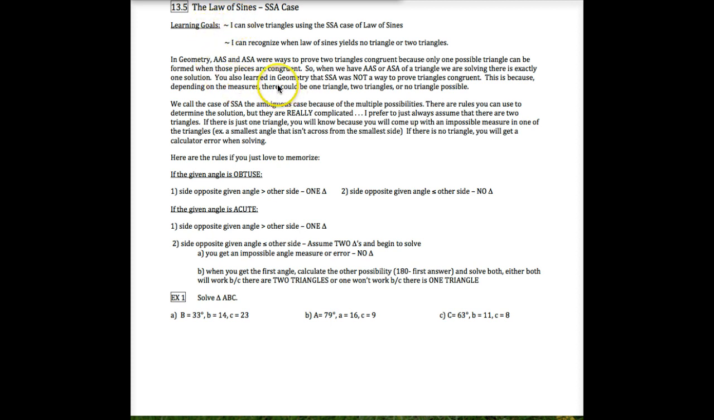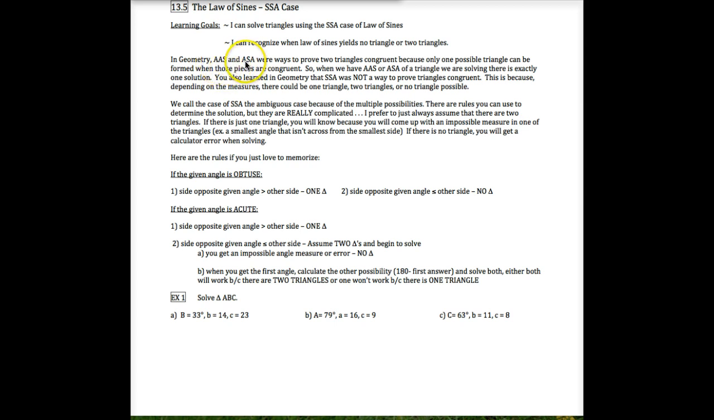We've got a couple learning goals for today. We need to be able to solve triangles using what we call the side-side angle case of law of sines. We also need to be able to recognize when the law of sines is going to give us no triangle or two triangles. So the reason why this is a special case, back in geometry, you used angle, angle, side,